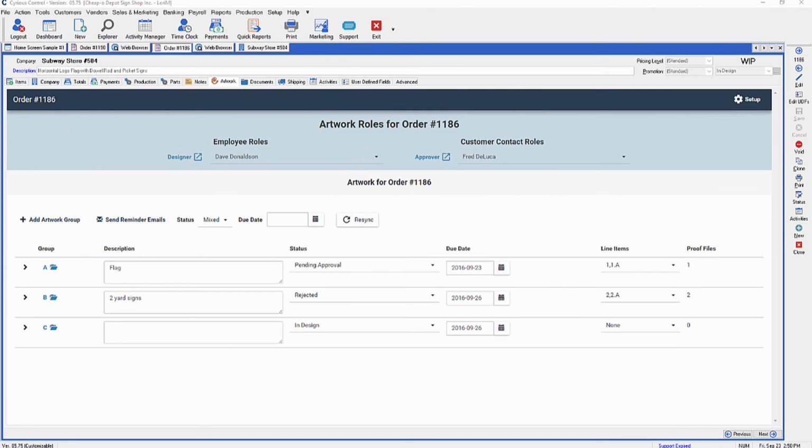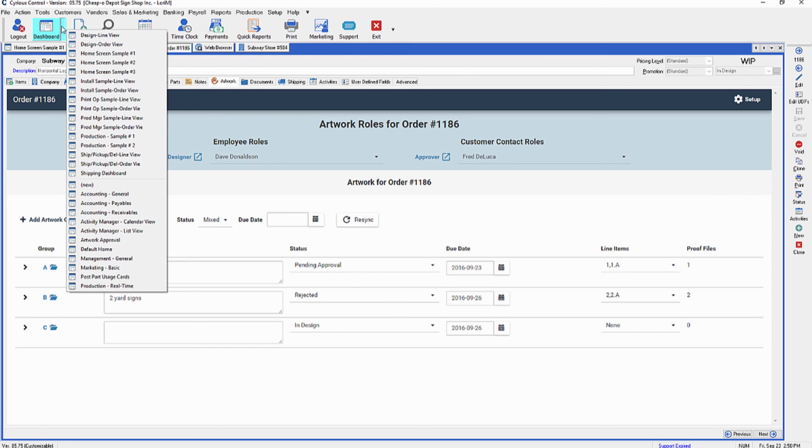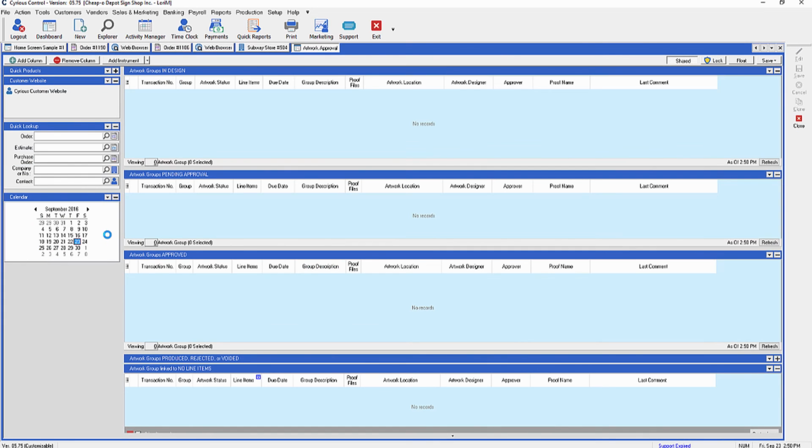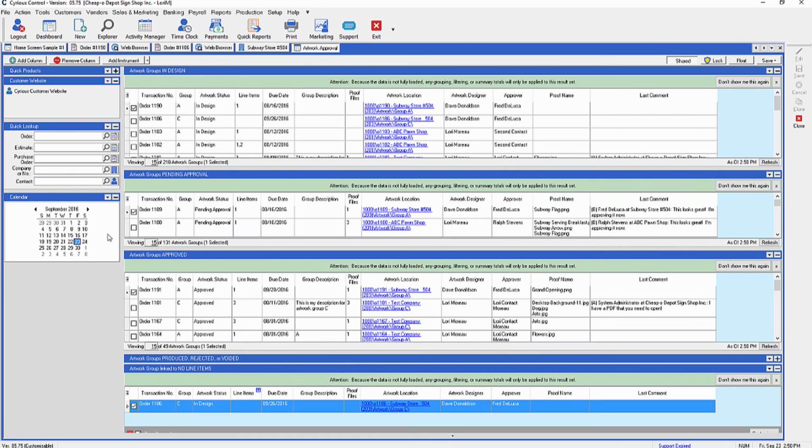The last thing that I'd like to go over is a dashboard. We've created a default dashboard for artwork approval. So if we click on the drop down next to dashboard, if we go down to the bottom, you'll see one called artwork approval. I have lots of different artwork in my test system, but the way that this dashboard is laid out is